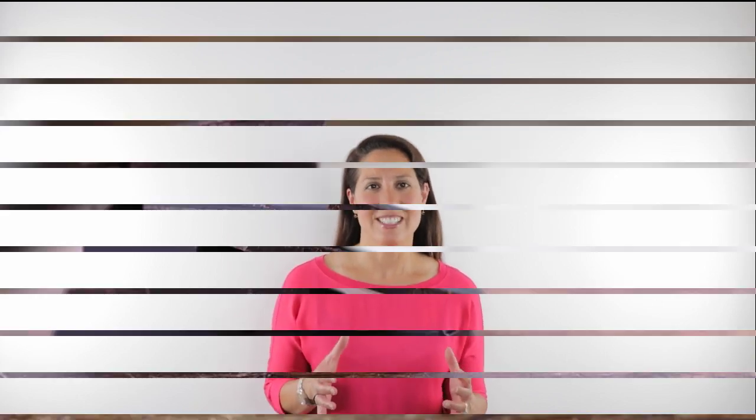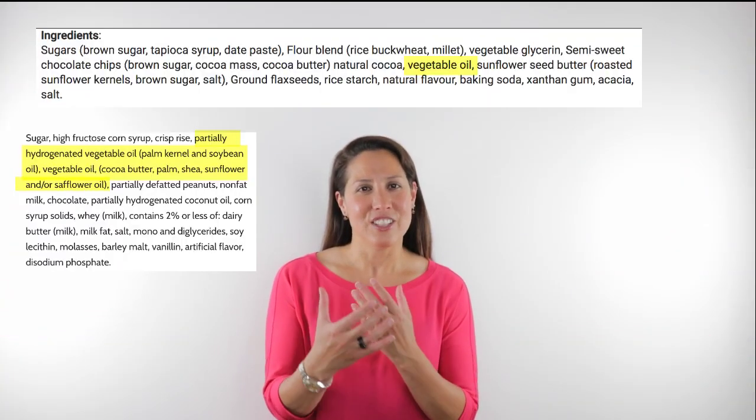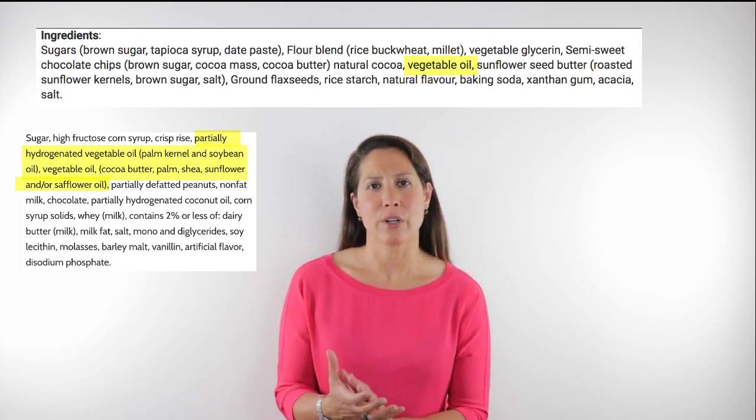And another one that I'm seeing is chocolate. So one of my favorite foods is chocolate for sure, but it saddens me when I look at the label of a lot of the chocolates and they have those industrial oils in them. So those industrial oils we want to be avoiding. There are some chocolates out there that don't have those industrial oils, so it makes it so that I still can consume chocolate. So this is a really important thing, right? We want to be reading the labels and making sure that we remove those industrial oils from our diet